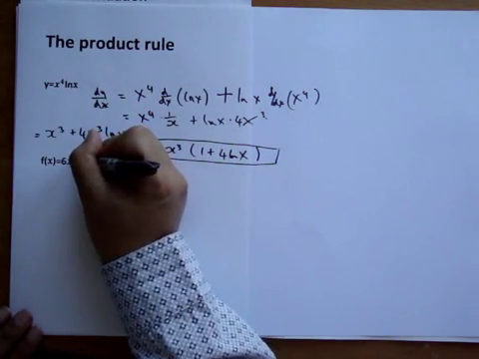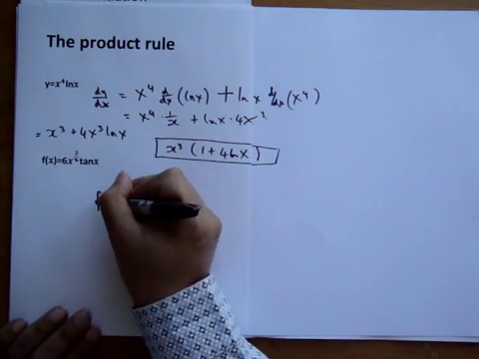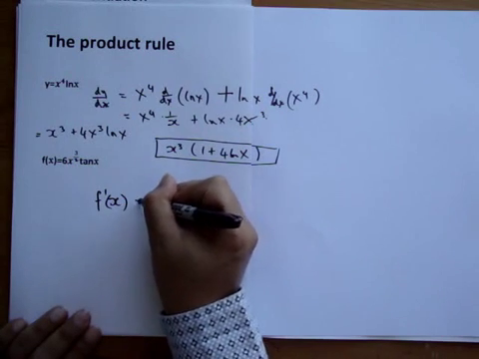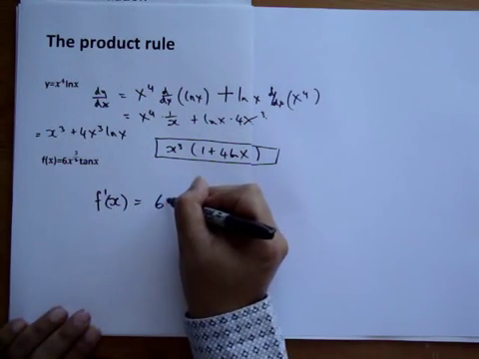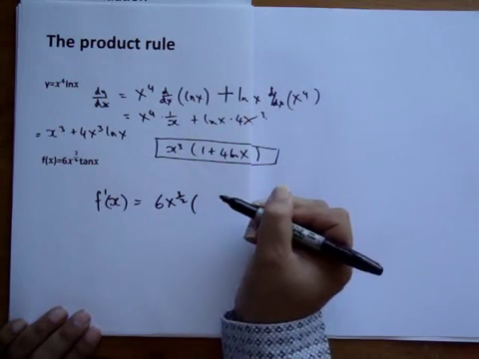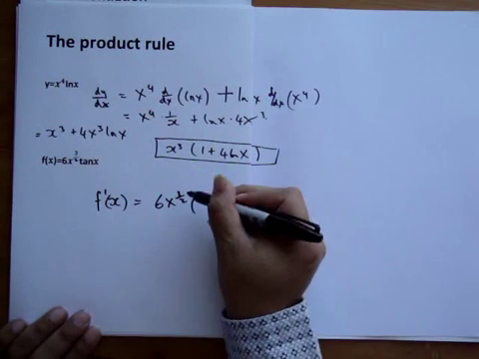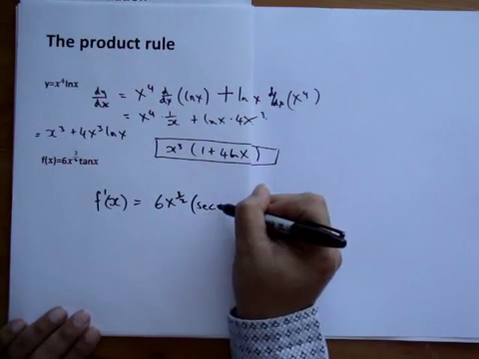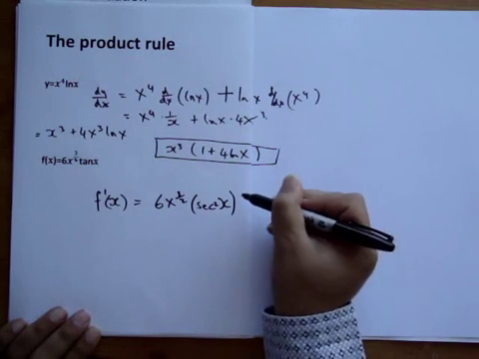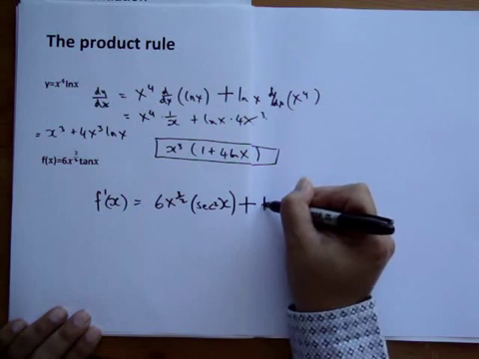And this one, again, let's just do f prime of x. First term, x to the power 3 over 2. Then the derivative of tan x, sec squared x, plus second term, tan x,